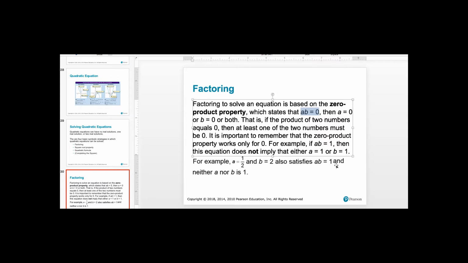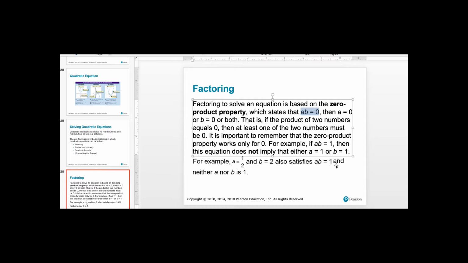Well, if you multiply two things together, what has to happen for you to get a result of 0? The only way you can get 0 is that at least one of them is 0. So that means A is 0, or B is 0,